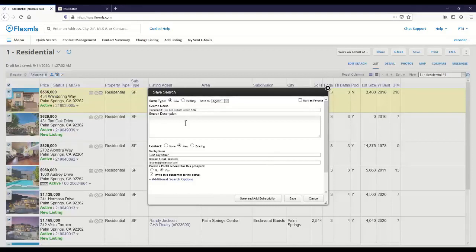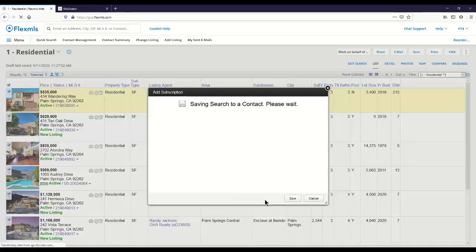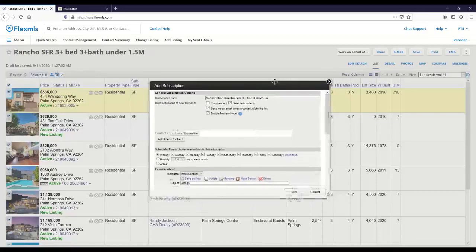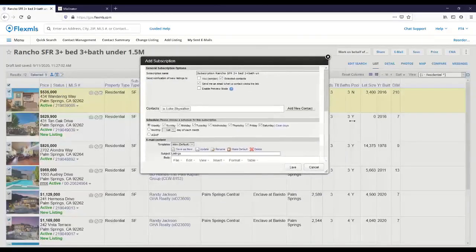But in this case, I've got the search for my new client, Luke Skywalker, I'm inviting him to the portal, and I also want to set him up for that subscription where he gets future updates to this list of results, these 9 homes and this search. So I'm going to save and add subscription. Now, if you didn't want a subscription, I can just save it. But in this case, I'm going to do that as well. And it's saving. And there we go. Now this is our add subscription window,